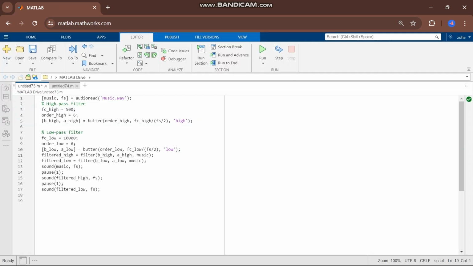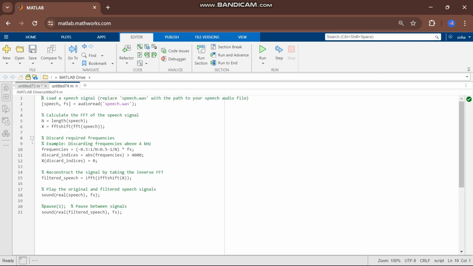here the speech signal is loaded from the file named speech.wav. The fast Fourier transform of the signal is computed, and the frequencies above a certain threshold, that is 4 kHz, are discarded by setting their corresponding FFT coefficients to 0. The frequencies to be discarded are determined by comparing the frequency axis against the threshold. The inverse FFT function is applied to the modified FFT coefficients to reconstruct the filtered speech signal. The original and filtered speech signals are played using the sound function. To see the output, we have